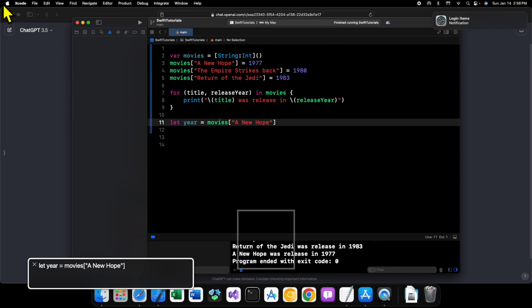So A New Hope is our key that we're using, and now year is going to hold the value of 1977. If we print year